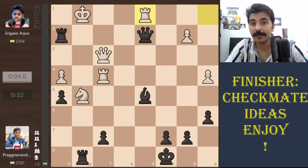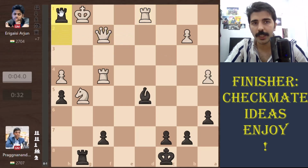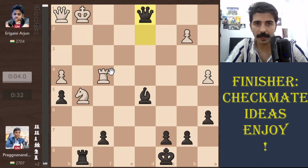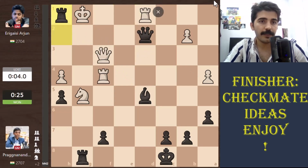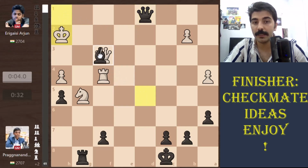Can you see it? Queen to f2 check, and if queen takes f2, rook h1 will be checkmate. But Prag didn't find this. He played rook h1, which is completely fine, and after that Erigaisi resigned the game, because if he takes with queen, he will take on d1, and after rook f1 he will play queen d4, and he will pick up the queen, so this is not possible. And if king takes h1, even simpler, queen takes d1, and after king h2, black wins the queen,